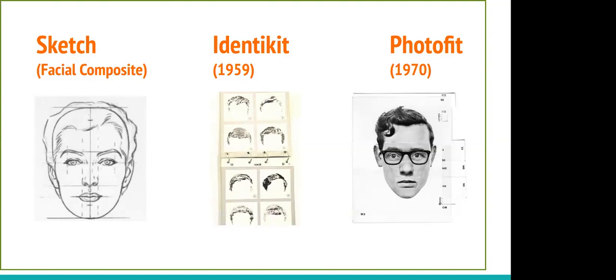A good command of artistic skills is needed by the person involved in this work, and this can be done in two ways. It can be a freehand sketch or a metric sketch. By freehand sketch, we mean that somebody is describing the features and the person is drawing it. And by metric sketch, it means that you are keeping in mind certain considerations, like considering that the human face